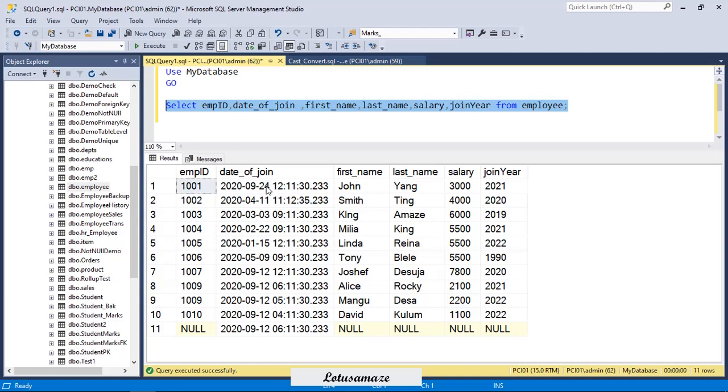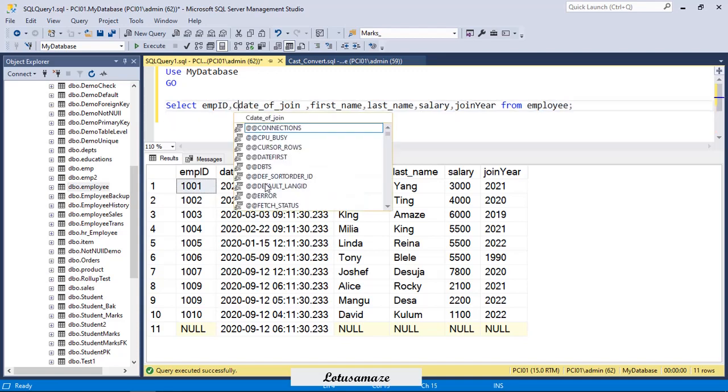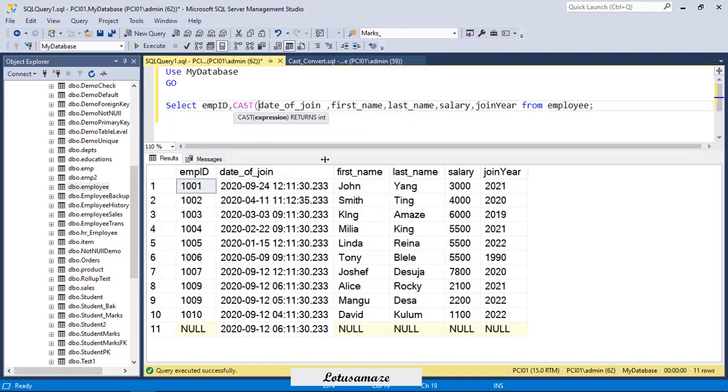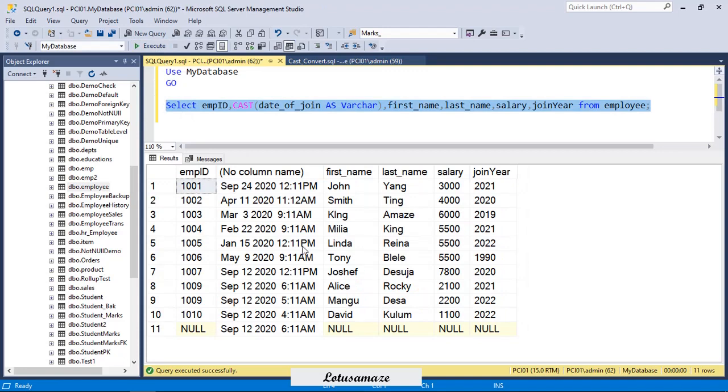Then I need to convert this datetime into varchar. So I can use the CAST function for this: CAST, then AS varchar. If I execute this query, you can see the format changed.